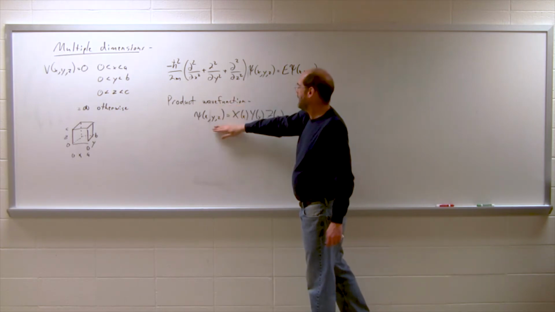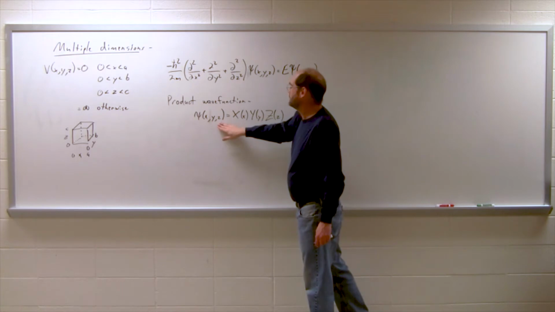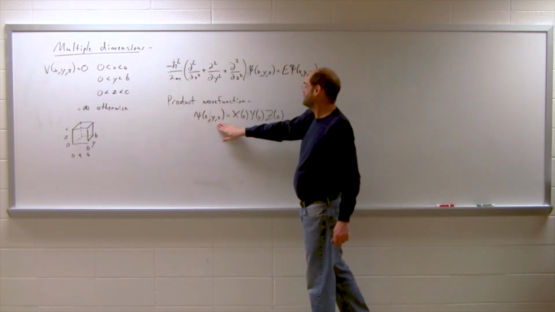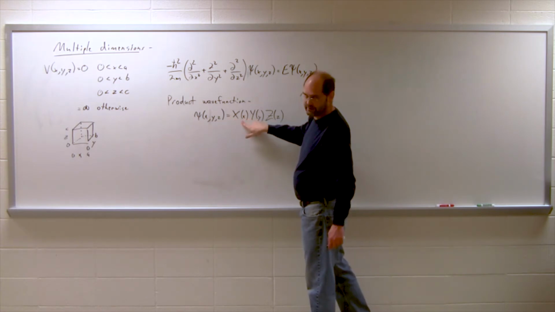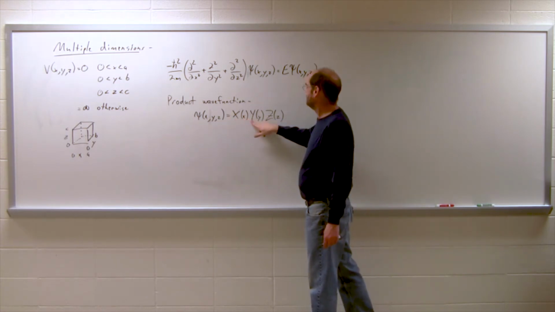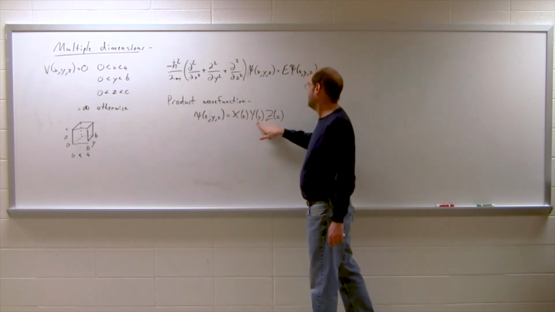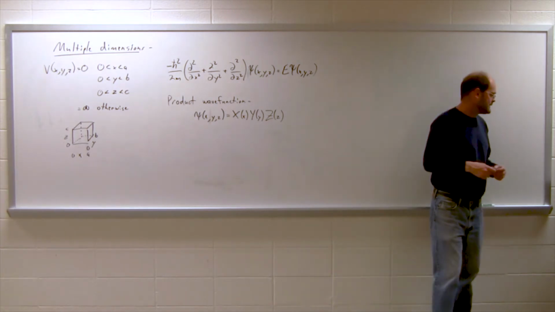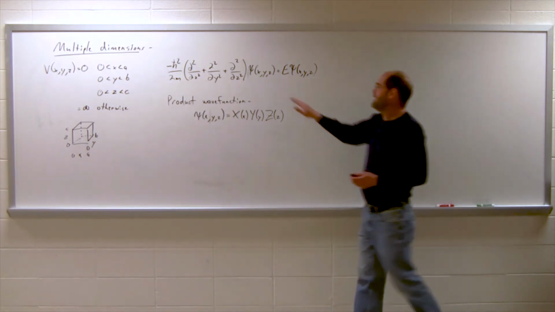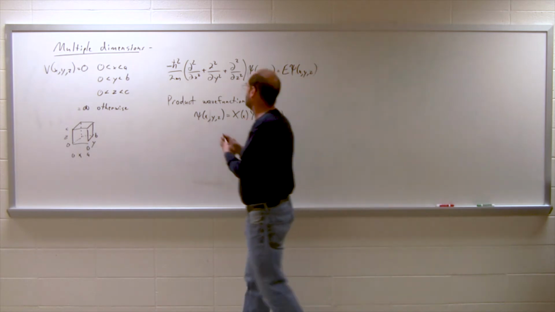Here, for the particle in a box, psi of x, y, and z is equal to a product of three functions. Capital X is a function of the x variable. Function Y, a function of the y variable. Function capital Z, which is a function of the z variable. And now I'm going to distribute this, I'm going to apply this onto this. And when I do that,